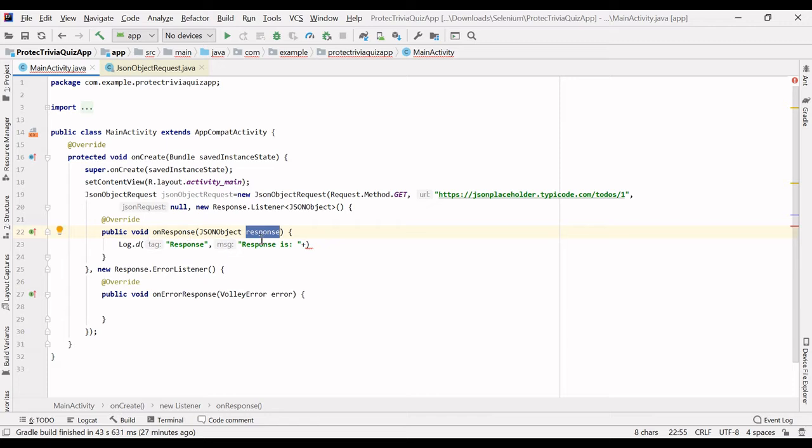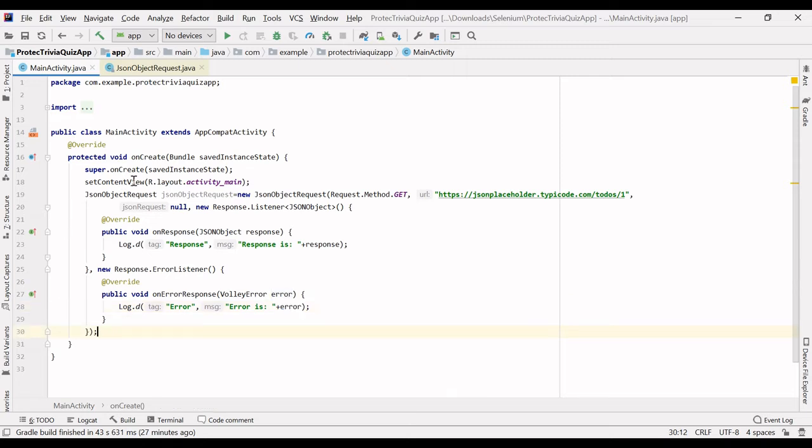We will get the response in this, and I just want to print this response. I also want to print the error message if any error occurs. If any error occurs, it will come automatically in this, and we will display it here.